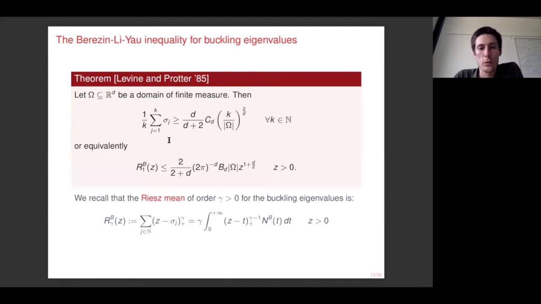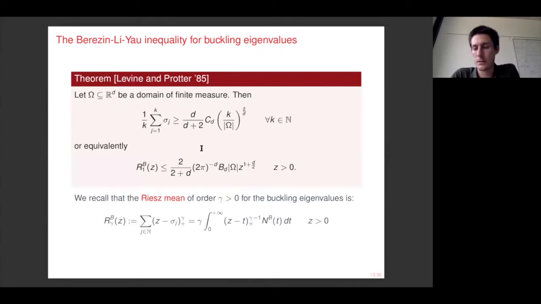However, once we went through the proof of the result of Levin and Protter, we noticed that there was a gap, and actually by their proof it follows a weaker inequality, that is an inequality with a bigger constant, which is not Weyl sharp for the average of the first k eigenvalues, or with a smaller constant for the first Riesz mean. And also we were not aware of anywhere in the literature where this gap was mentioned or solved.